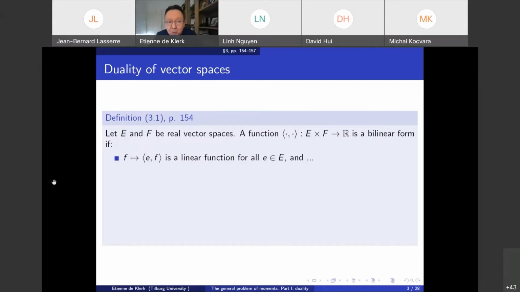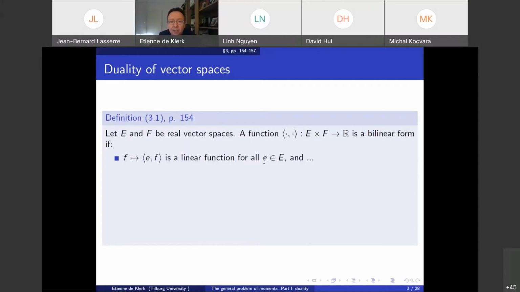It's going to be a little bit dry because we will have to speak a bit about topological vector spaces, but just bear with me, there is a point to all of this. So we're just going to consider a very general situation of two real vector spaces, E and F, and we're going to define something called the bilinear form on these two vector spaces. So the bilinear form takes two arguments. The first argument is from the vector space E, the second is from F, and we call such a function a bilinear form if it's the case that if we fix